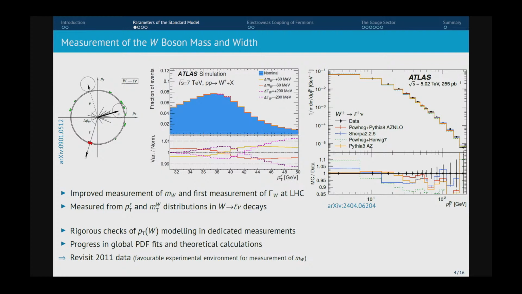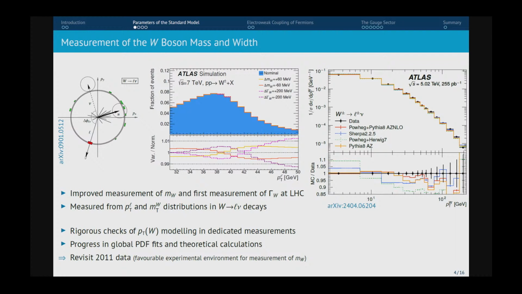And overlaid in this plot, you see small variations of the W boson mass and width. And just looking at the scale here, you can understand that we need to understand this distribution at the level of just a few per mil to perform such a measurement. And we achieve this